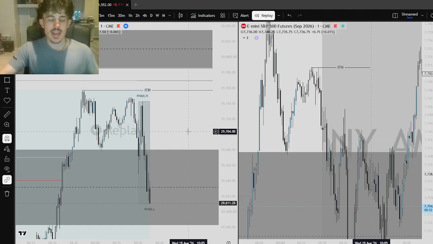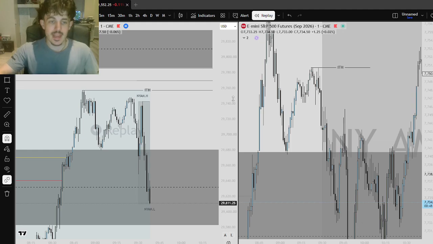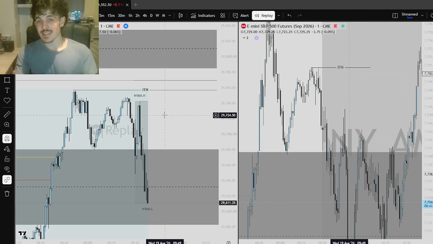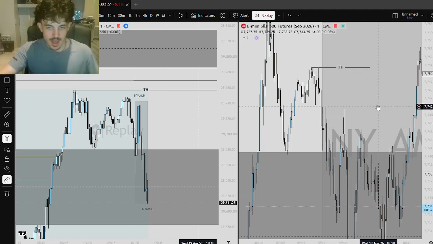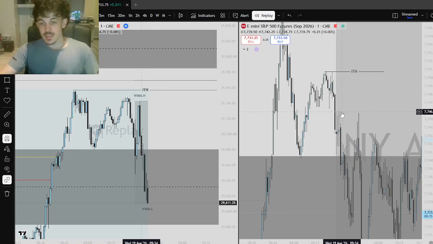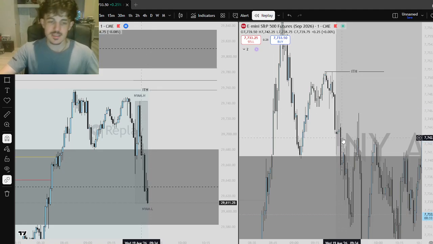simply due to the fact that when you're going to take a trade, especially if you're using SMTs and you're using these key levels, you need to be paying attention to the other asset, because 9 times out of 10, if both assets don't displace at the same time, your trade will usually fail. If they're not on the same page, it's not going to happen, right? The S&P 500 was clearly not on the same page here,